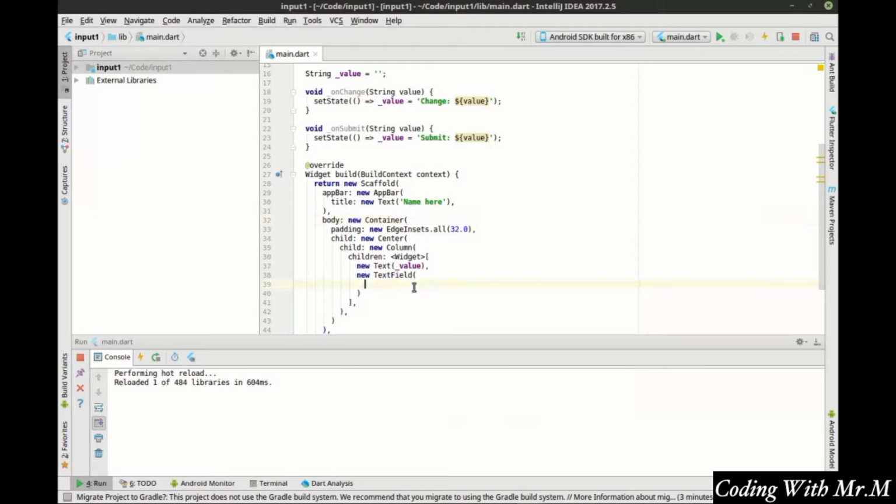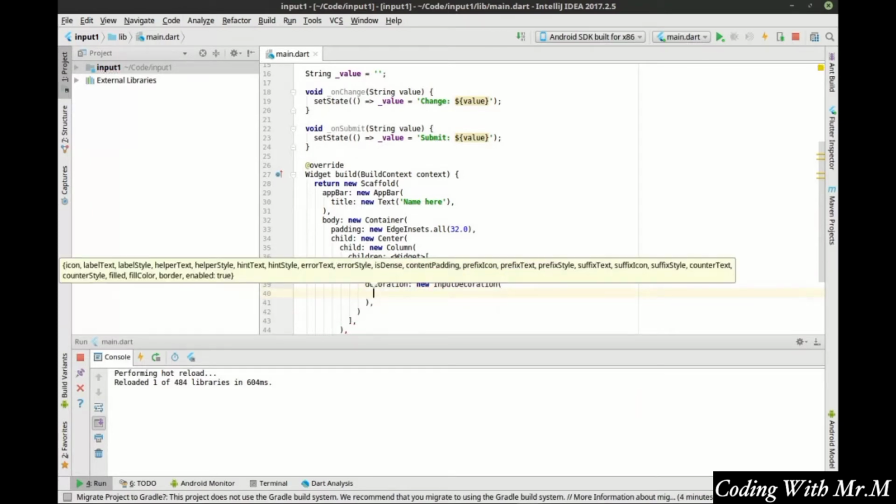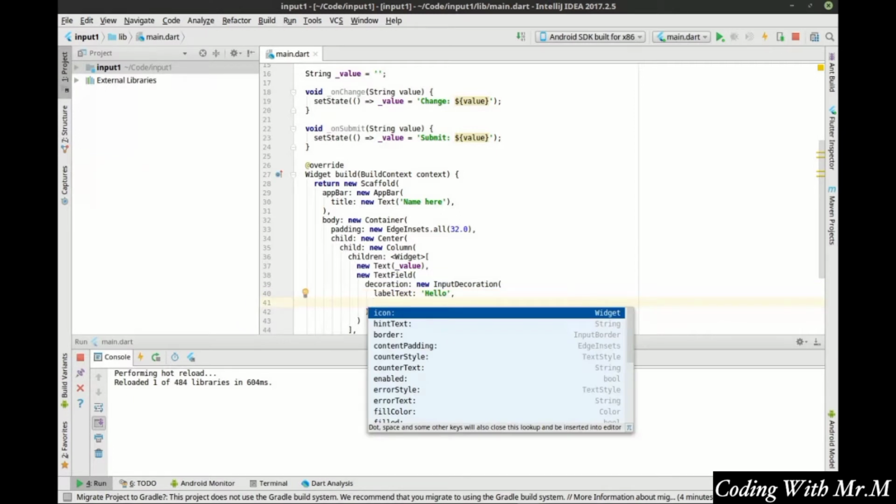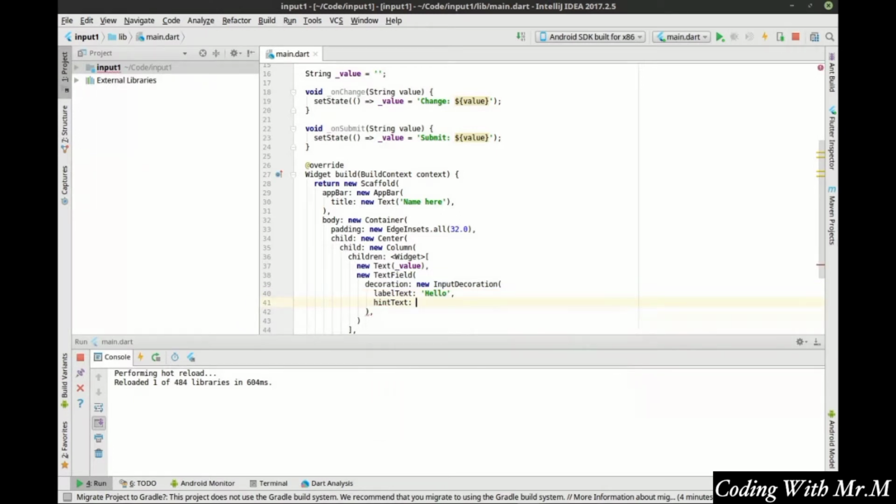Alright, let's jump right into this. Let's change the decoration. We're going to say input decoration, and let's hit enter just to space this out so it's a little easier for us to read and work with here. And in the decoration, let's say label text, and we want to say hello. Now we want the hint text, and we'll just say hint,